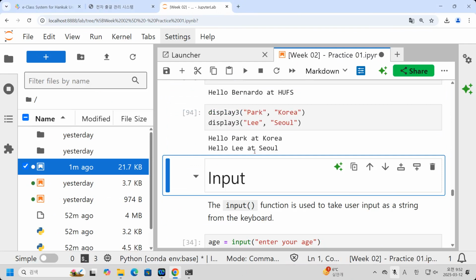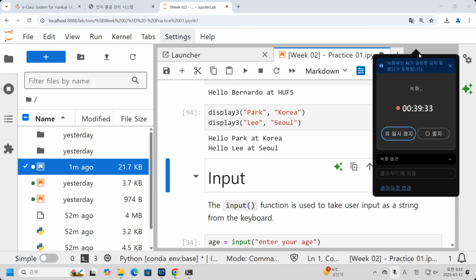Okay, then I will stop here first. Let's have a break. I will continue after the